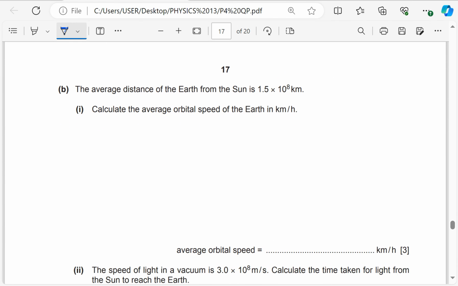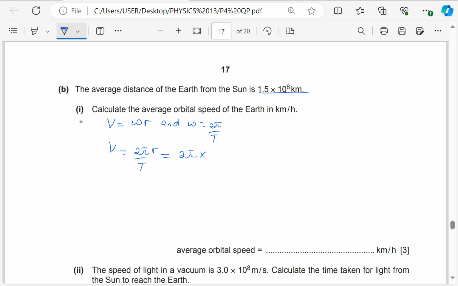The average distance of the Earth from the Sun is 1.5 times 10 to the power of 8 kilometers. Calculate the average orbital speed of the Earth in kilometers per hour. So we know that speed is equal to omega times r, and omega is equal to 2 pi over the period. So the speed is equal to 2 pi times r divided by the period. And if we substitute, this is going to be 2 pi times